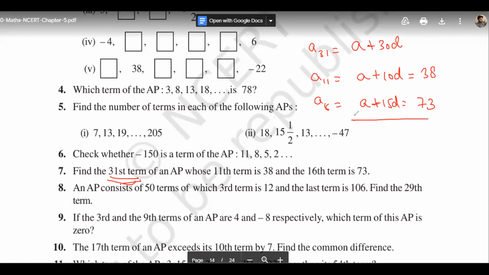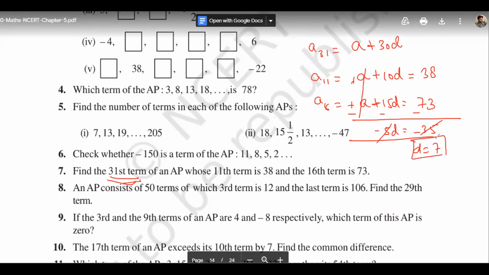so when you subtract these two terms, you will get plus, this is plus, and this will be subtracted. So A and A will get cancelled out. You will find here that minus of 5D is equals to minus of 78 minus 38, you will get 5, and 7 minus 3, you will get 6 minus 3 is 3. Okay. So you will find here that D is equals to 7. Positive 7 is the D.